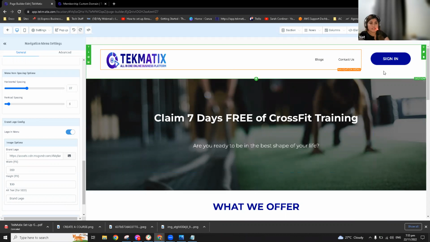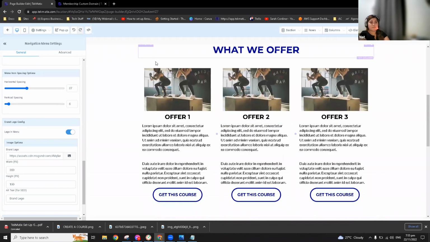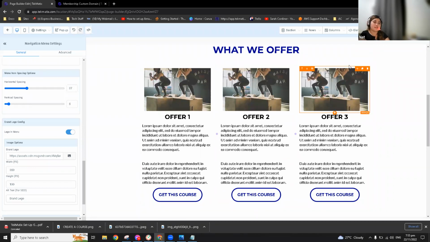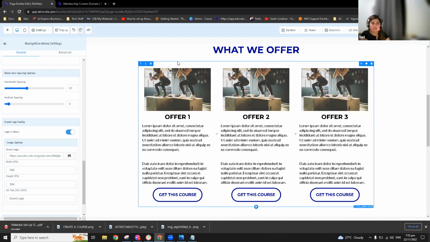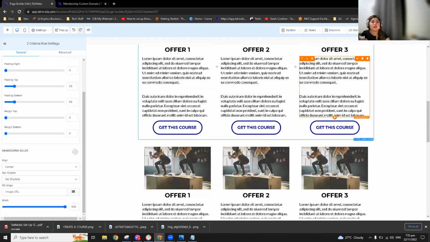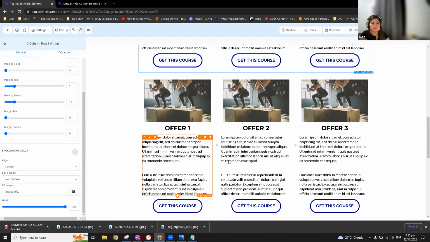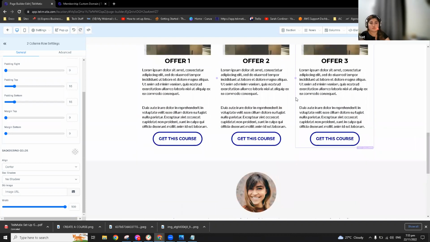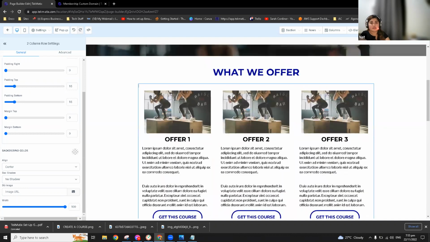But yeah, that's how you can create button redirects. If you have multiple courses, you can definitely duplicate any of the columns and customize it by clicking onto any of the sections. For example, this row can be duplicated, and when I do that, it will add another column here. If you're currently in the process, you can do that so you won't start from scratch. Let me save that one.